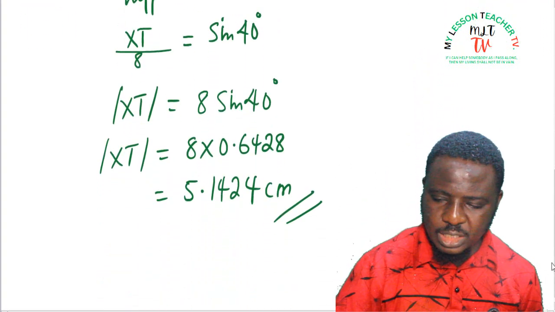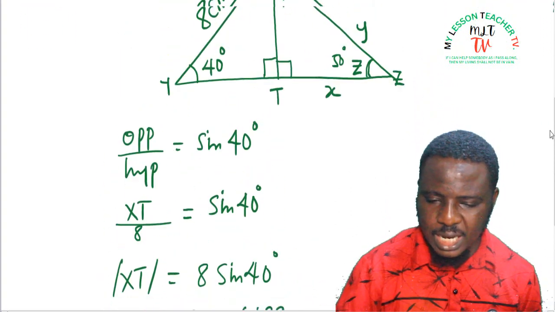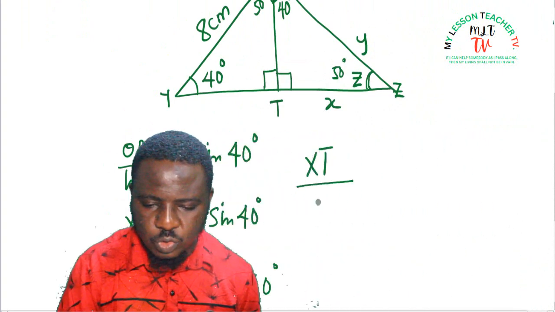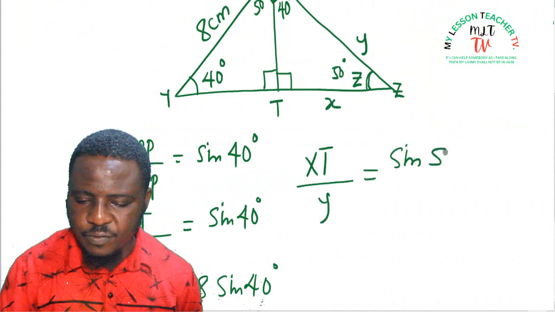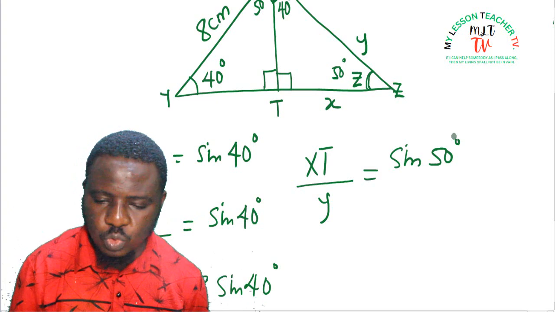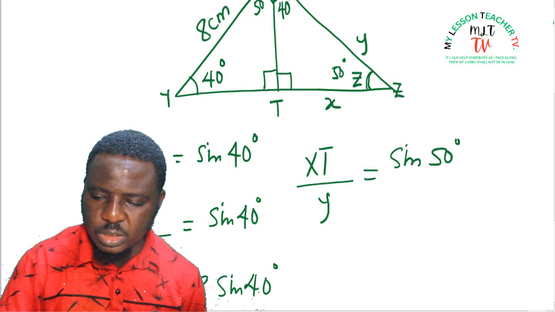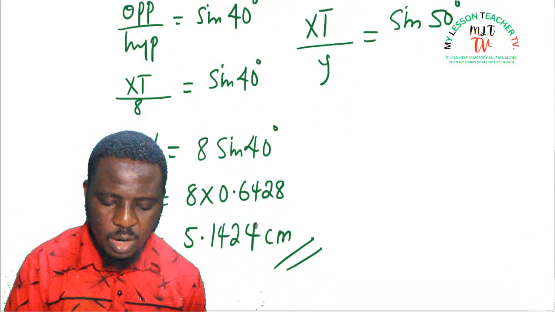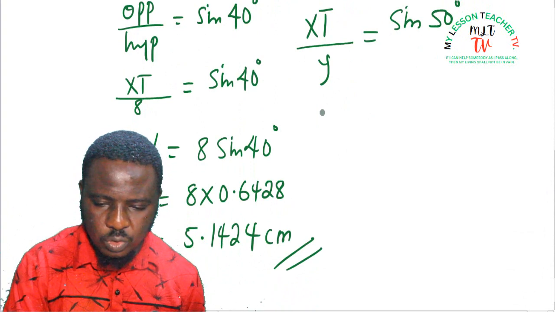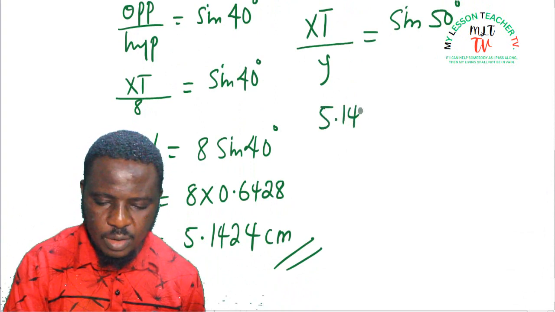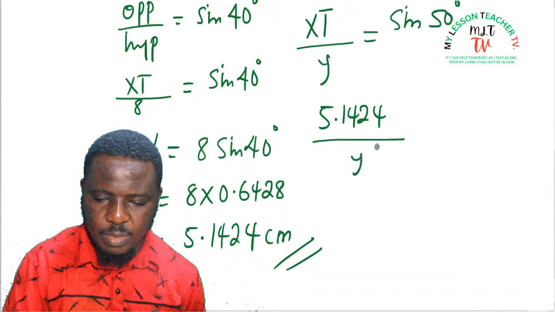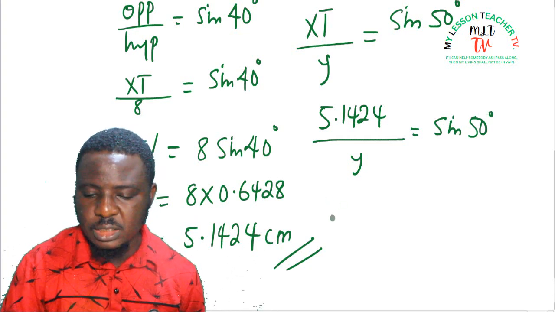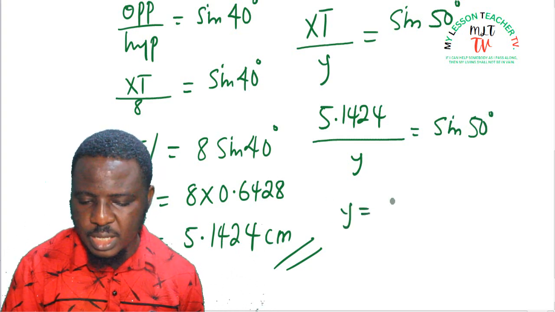But remember, we are asked to find side x and y. So we can then use this to get our values for x and y. With the trig ratio, we have that xt over y is sine 50 degrees, with respect to angle 50 degrees. We have already gotten xt to be 5.1424, so I will substitute: 5.1424 divided by y is equal to sine 50 degrees, and when you cross multiply, y is equal to